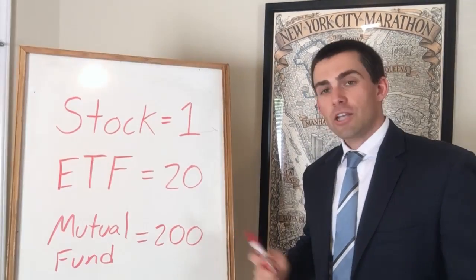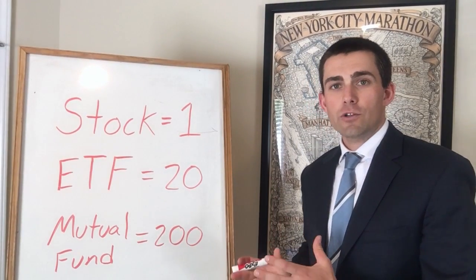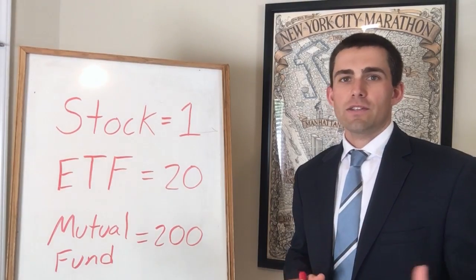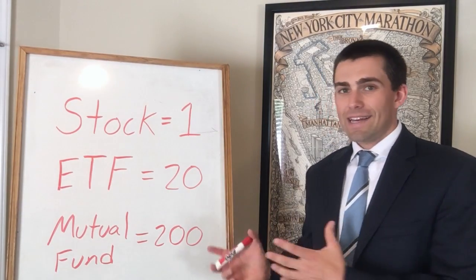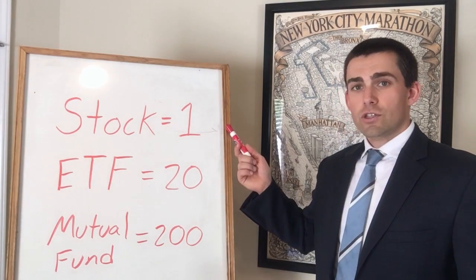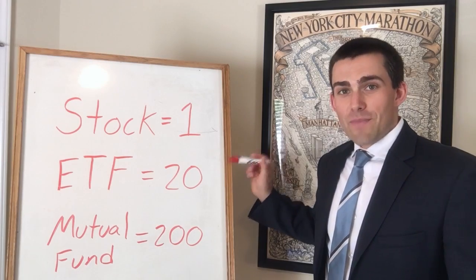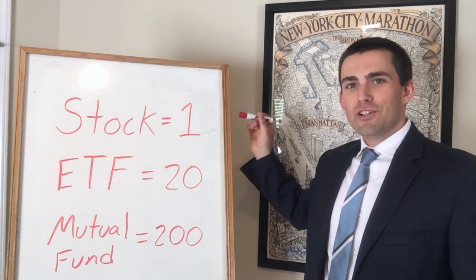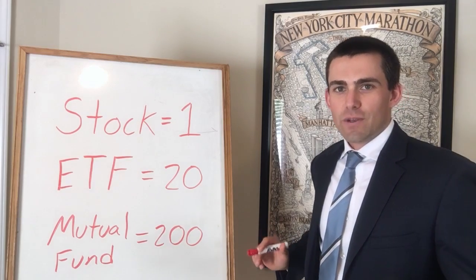When you can go out and buy 200 different companies, it gives you a much better representation of the overall market. You do have to pay a management fee to gain access to a lot of the mutual funds out there. Some have limits of $2,500, $5,000. Some you can't even get in unless you have $100,000. So an ETF or an individual stock is the cheaper way to go. You're not going to get active management with an ETF or just picking individual stocks. Mutual funds will give you active management.